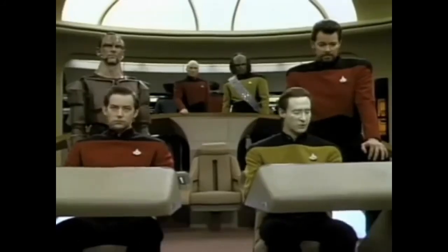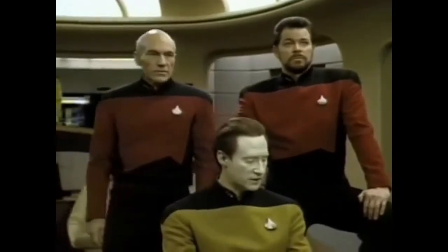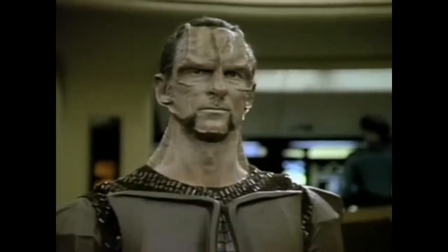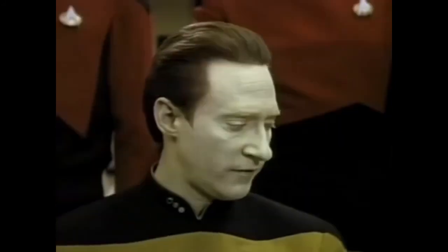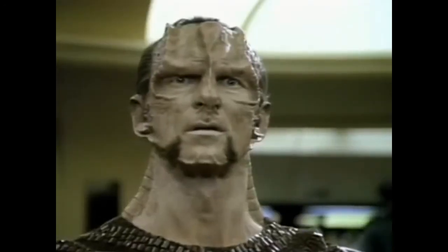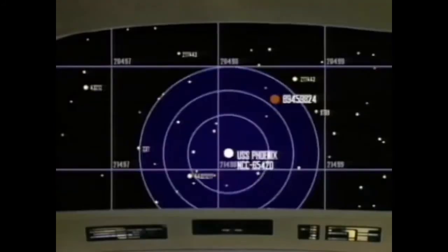Sir, a Cardassian warship is moving on the Phoenix. Mr. Data, overlay weapon ranges of the two ships. The warship is 300,000 kilometers from the Phoenix. It is opening fire. The Phoenix has taken a direct hit. The Phoenix is beginning evasive maneuvers. It has positioned itself outside the weapons range of the opposing ship. The Phoenix has powered up both phasers and photon torpedoes. The Phoenix is firing photon torpedoes. He has destroyed our warship. Does the supply ship have any weapons? They're limited. Certainly not enough to defeat a Nebula-class starship. Sir, the Phoenix is firing on the...